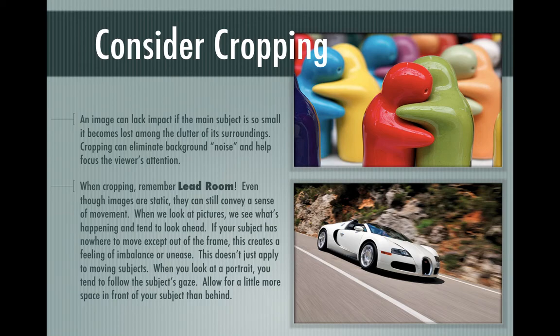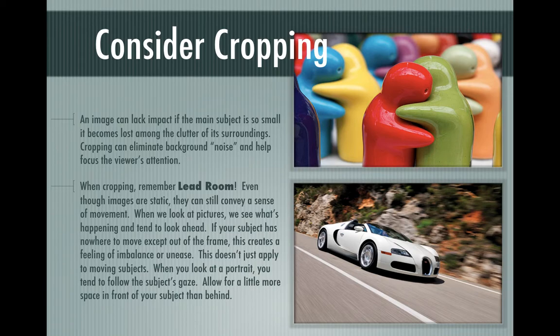And then there's something really specific called lead room in photography that's tied to cropping. You can see that as an example in the car photo. Lead room means that you're giving space in front of an object that is moving, or in front of a human or creature that is looking in the distance. In this example of the car, there's a little bit of extra room in front of the direction the car is going. If it was cropped right in front of the car, it might feel like the car is stuck in this photograph, like there's no space for it to go, especially if there is negative space